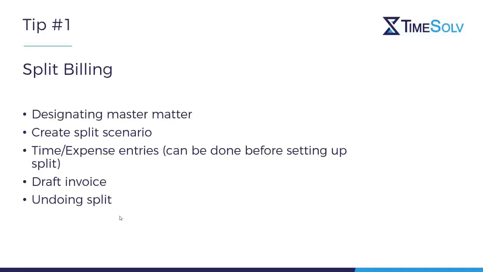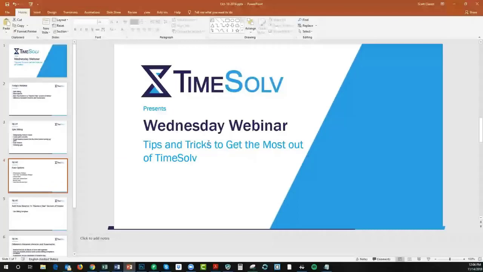The original time entries get split. I'll show you a draft invoice, and then we'll talk about what happens if you need to undo a split invoice and the split time entries. So there's a couple of different steps you have to follow here. So let's